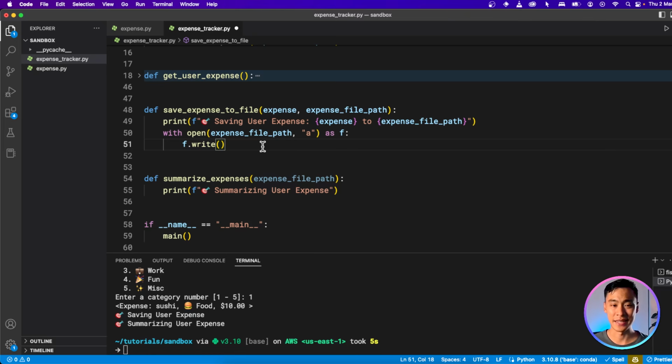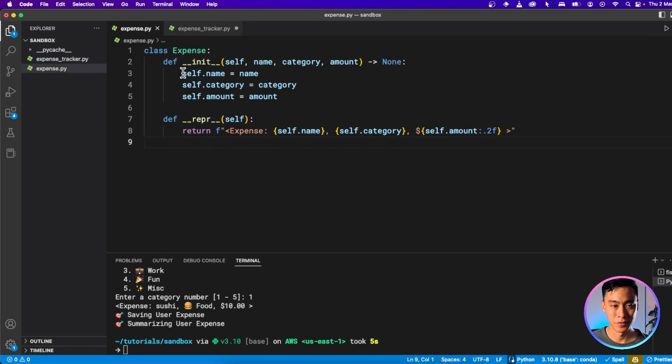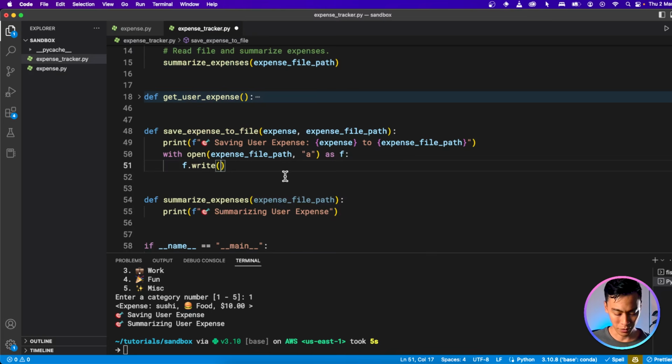Now, since it's a CSV file, CSV stands for comma separated value, we want to write each of our expense variables one by one and separate it with a comma. We will probably use a format string for that. I'm just going to go ahead and do that because there's 3 values. And at the end, we're going to need a new line character so that each of these appear on a different row. So I'm just going to put that in now before we forget. And now we can fill these in.